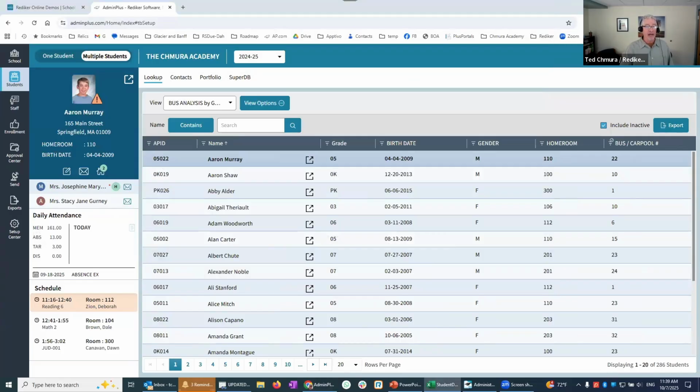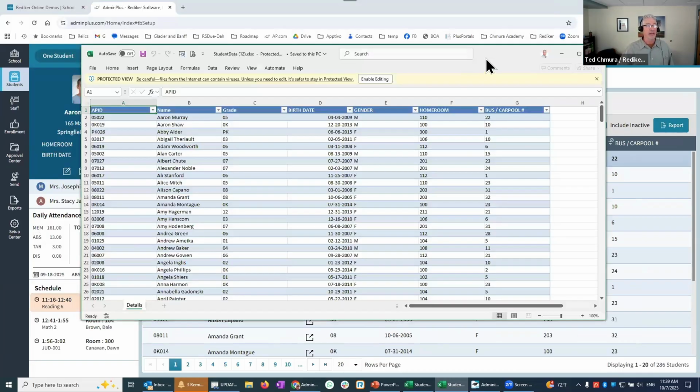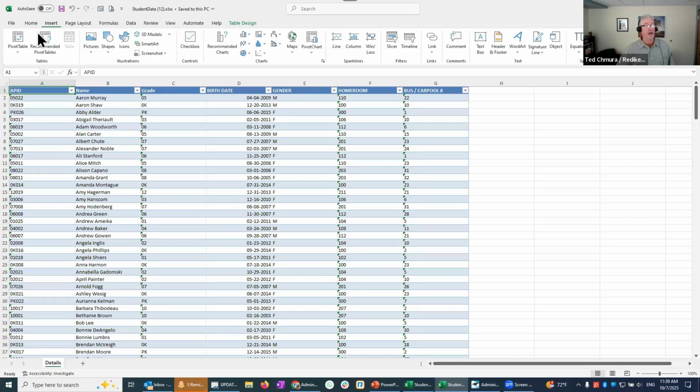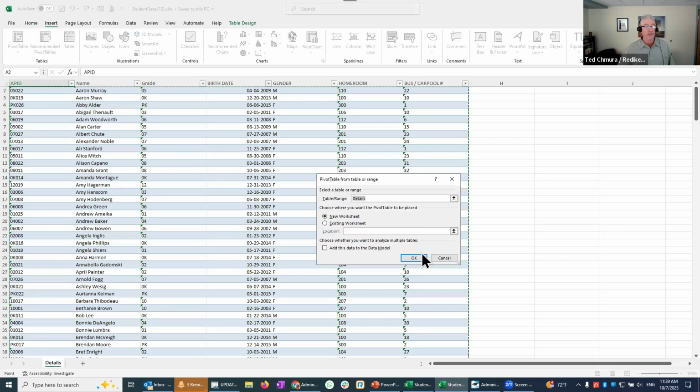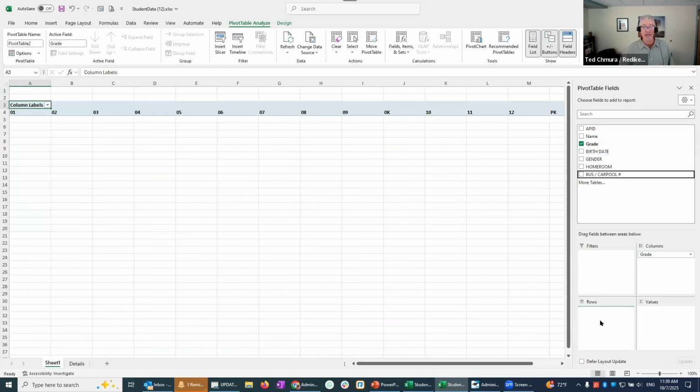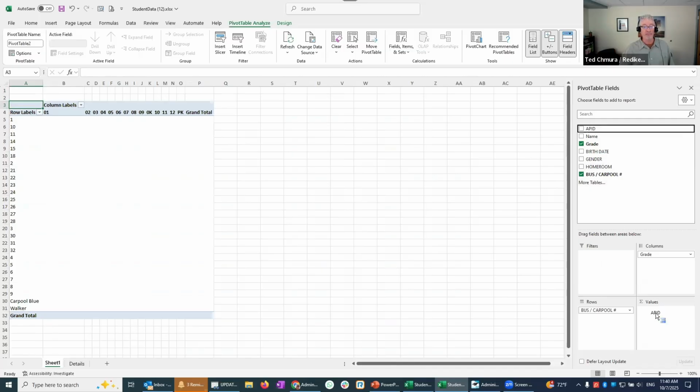And of course, I'm doing a bus analysis by grade level. And so in that case, what I would want to do is pull the data up here and just throw in a quick pivot table